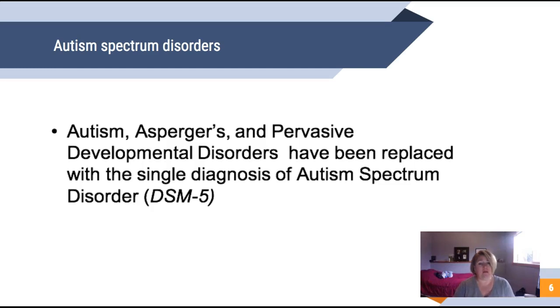Okay, so one of the things that has recently occurred with autism is that there is one main tool that professionals in the field of education, medicine, psychology, and counseling use to identify individuals by a consistent set of criteria, and it's called the Diagnostic and Statistical Manual, or the DSM-5. And every so often, there is a new version of this manual that comes out.